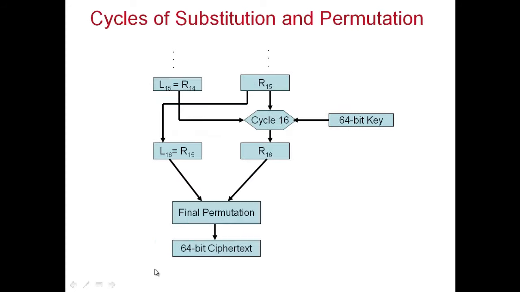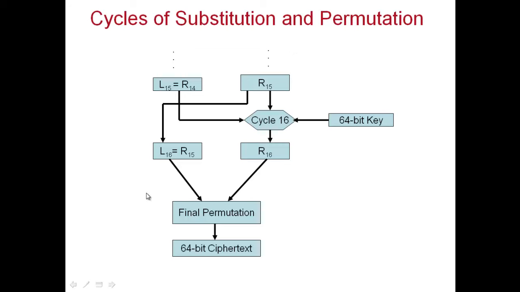So basically in any cycle, say cycle i, we feed in Li minus 1 and Ri minus 1 and the key Ki for that cycle. What you get out is the Ri, the 32-bit portion output of the cycle, which is now the right half output. The left half Li is going to be Ri minus 1. So likewise here for cycle 16, we feed in L15 and R15 to the cycle and the 64-bit key for that cycle, and what we get out is R16, the 32-bit subhalf, the right half, and the L16 is simply